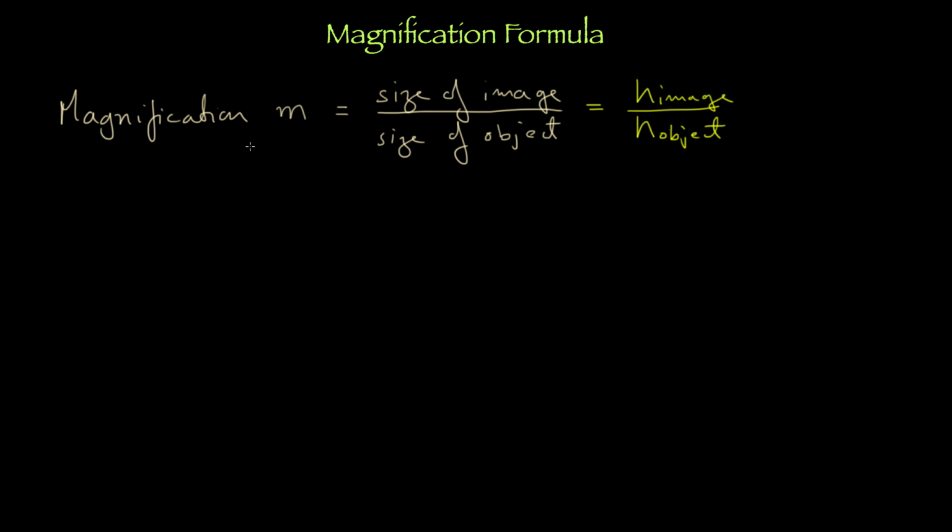So the word magnification means how big it has become. So it would be height of the image divided by height of the object. Here what I am saying is size, we are talking about the height in all the questions of class 10. Get the point? Is that clear? Okay. It would be all unidimensional objects, a thin line only, and we would be talking about only the height because they will be kept perpendicular to the principal axis.